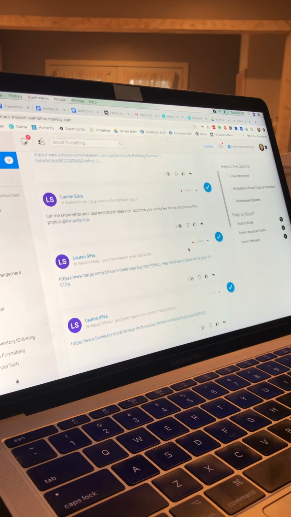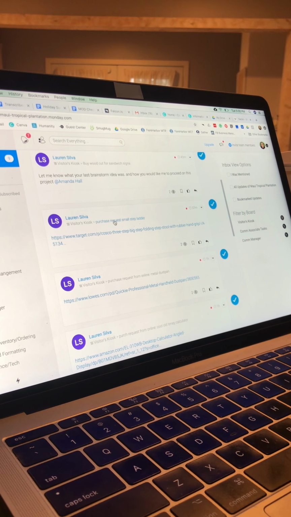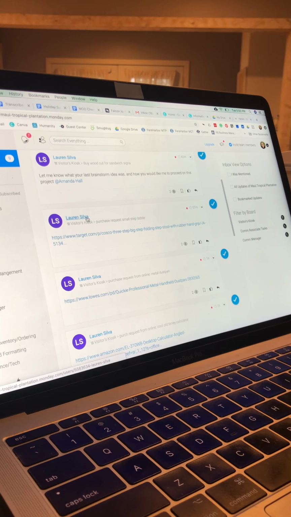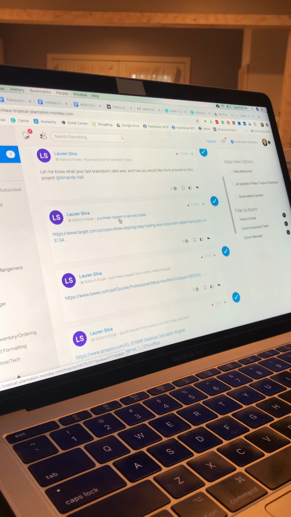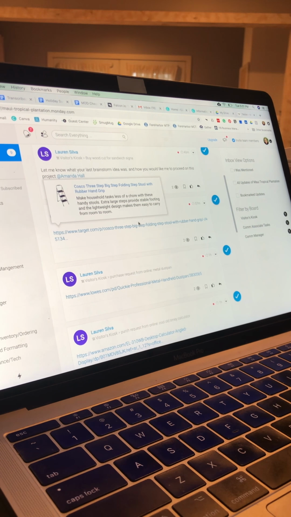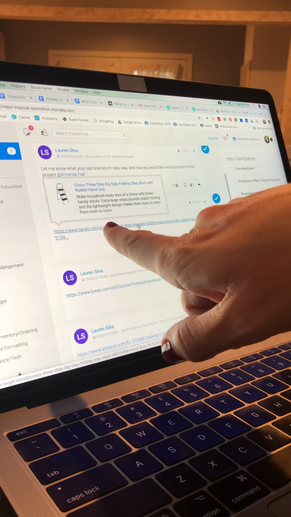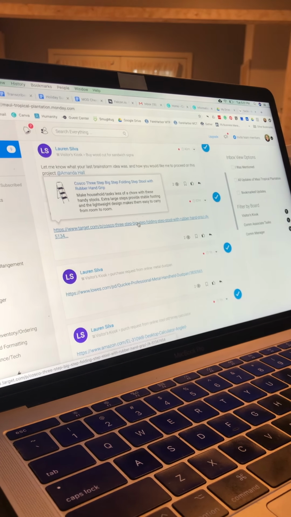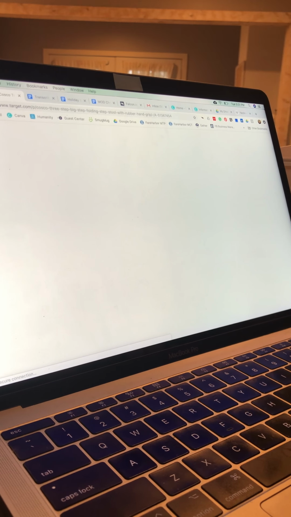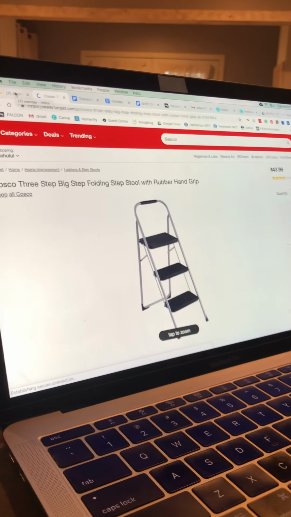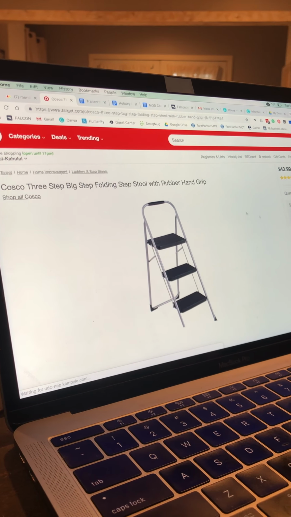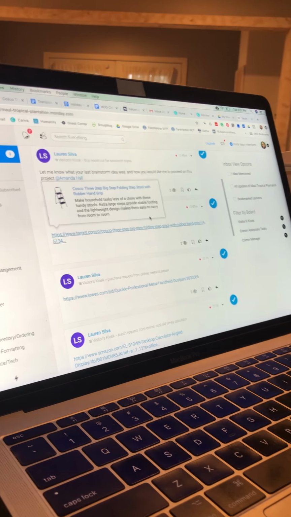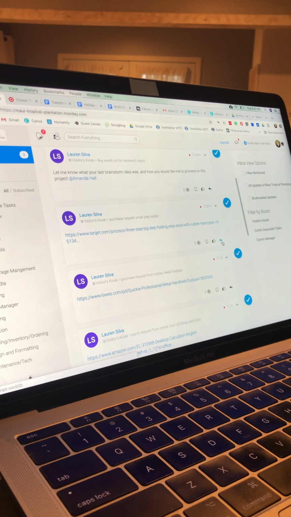So for example, on this task, Lauren has been looking into purchasing a small step ladder for the kiosk. So she sent me the link to see if this one works. That one to me looks great. It's from Target. It's $44. And then that gives me the opportunity as a manager to say,